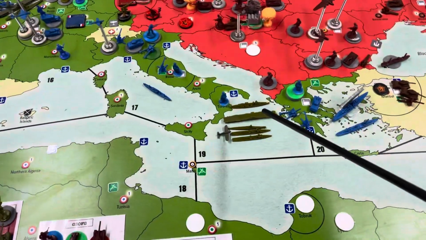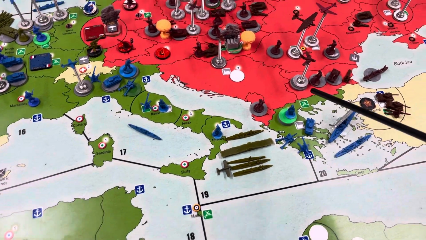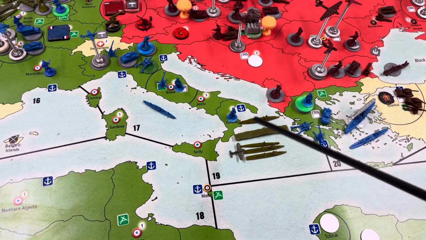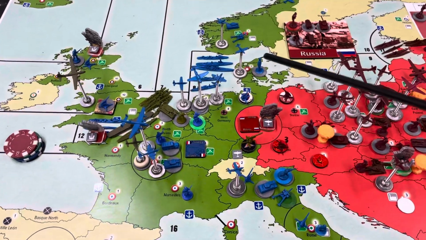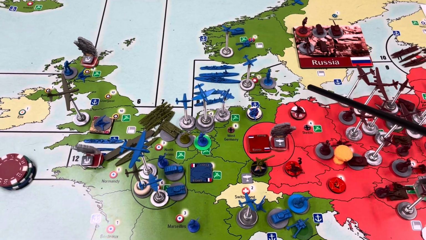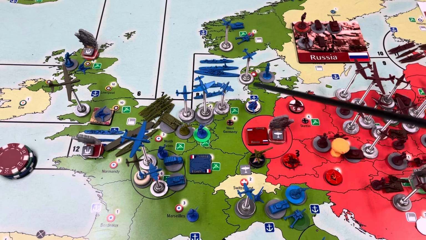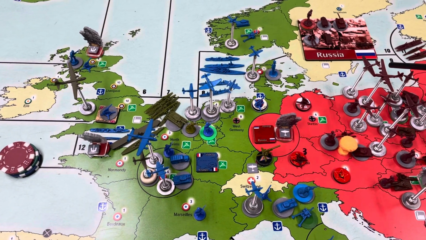However, you can also scramble off of carriers, but 3 aircraft from an airbase or a carrier can scramble. Also, you can scramble to protect. So say on this turn, the Soviets went into West Germany with their ground army and a bunch of air. This air could scramble to do 1 round of air combat